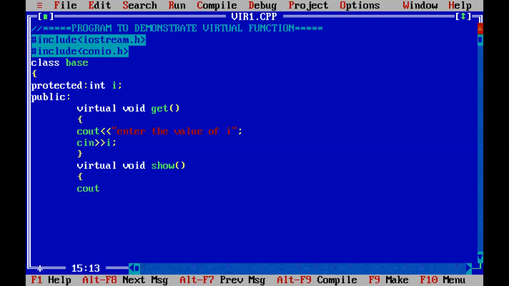In this function we are just displaying the value. cout the value of side is i.